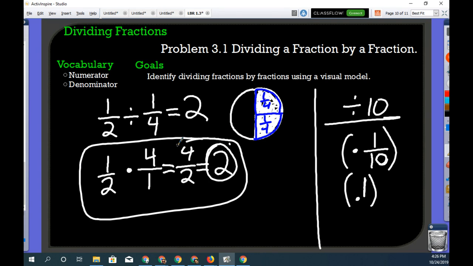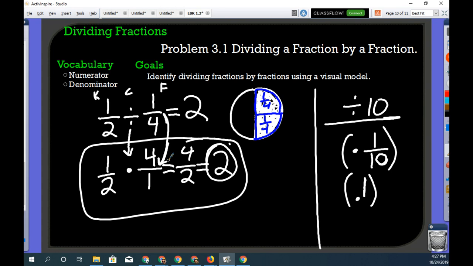So we just need to understand that when we start with a division problem, we are going to flip and multiply. You might have heard that. Students may have heard keep the first fraction, change your operation, flip the second fraction. That might be something they're familiar with. But either way, we need to know that we change our operation from division to multiplication, and we flip our fraction, the second one, from 1/4 to